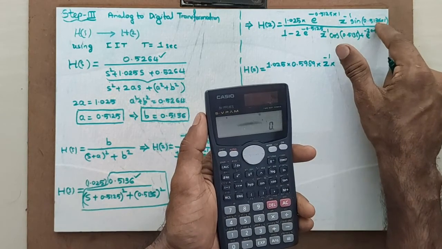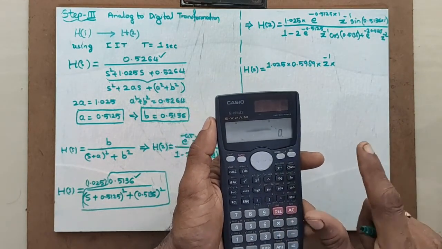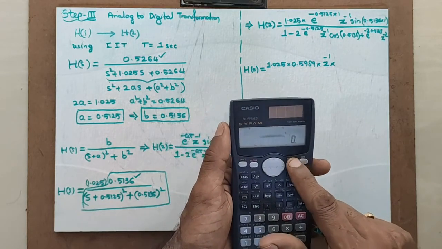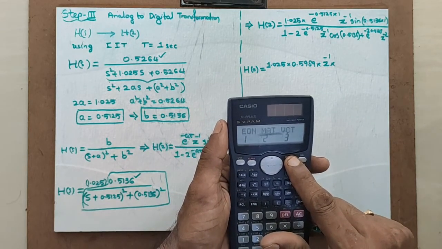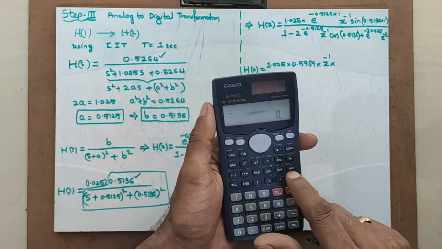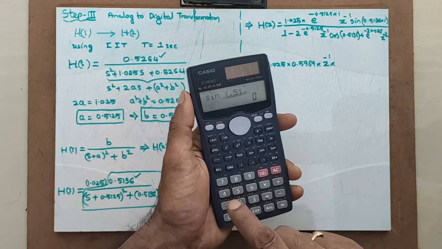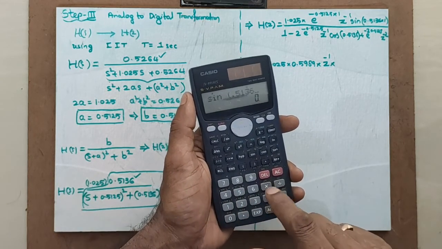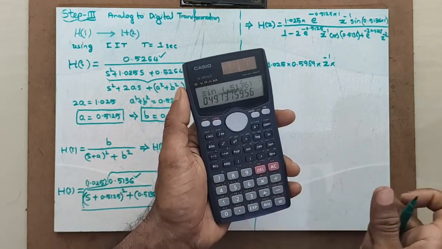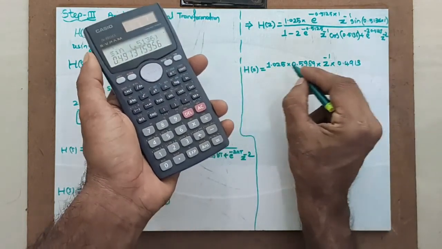B here is 0.5136, isn't it? Sin 0.5136. Please keep it in mind that 0.5136 is in radians. Hence you can take it into radians mode. Hence sin 0.5136 is equal to 0.4913, whole divided by